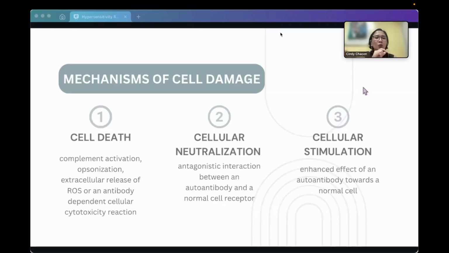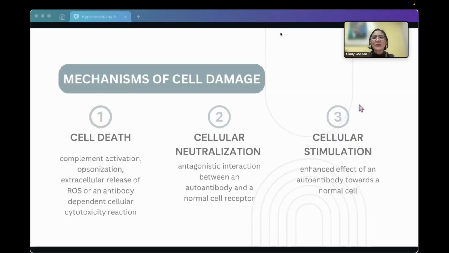The first one is when antibodies bind to the surface of the cell. It turns the cell into a target for elimination. Diba? Kasi yun naman yung purpose ng antibodies. Normally, as it acts to be one of our defense mechanisms, it will look for an antigen, imamark niya yung antigen na yon para yung mga effector cells that are responsible for killing that particular antigen will be able to find them and eliminate them.